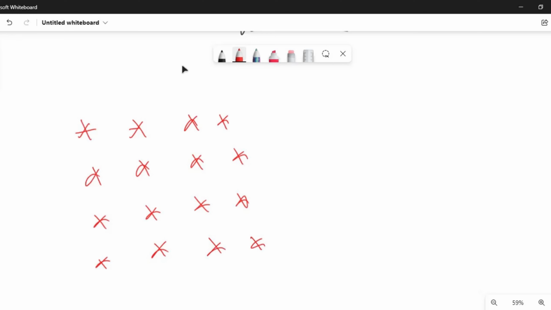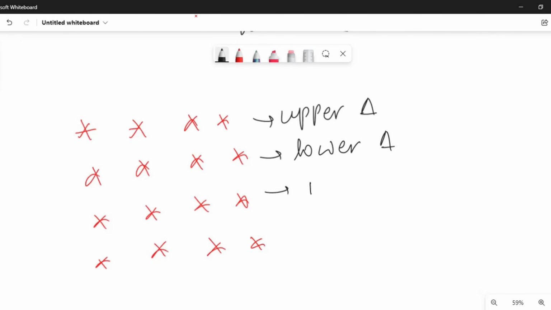For example, I have told you to only print this one. In this, three questions are coming: the upper triangle, then the lower triangle, and then the main diagonal. So you need to write the program to execute these three tasks.